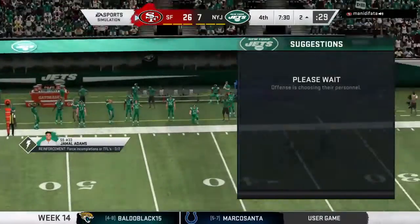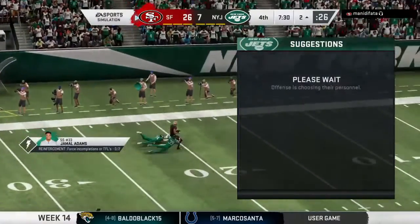Well, this is exactly where I expect teams to take a shot. Right after a turnover,